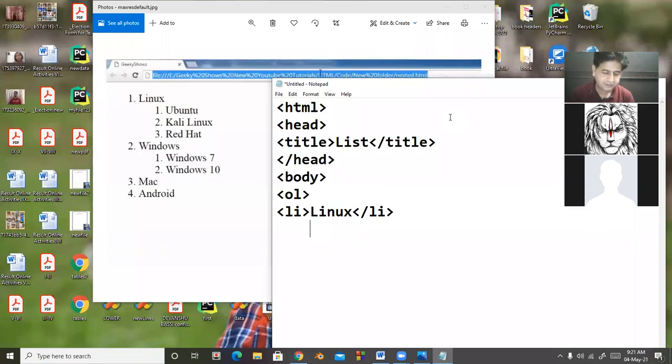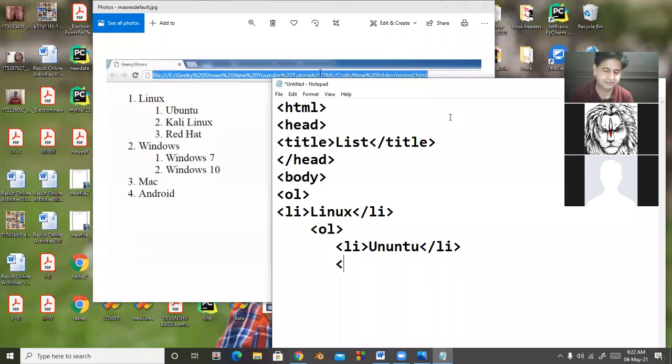So I start again OL. Again, it is a number list. After that, there is LI. These are the names of different versions of Linux. LI closed.